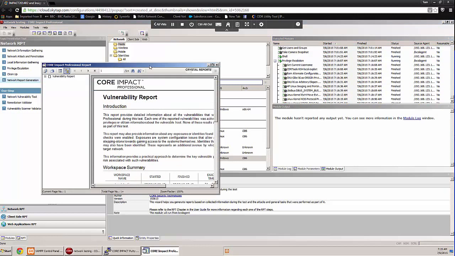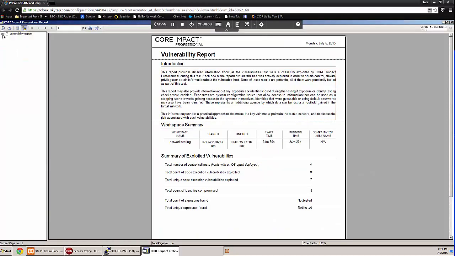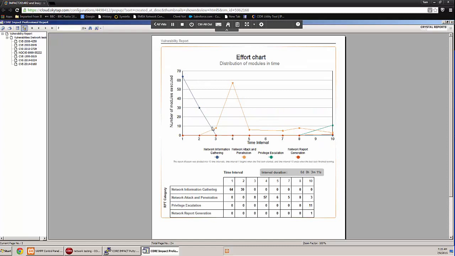So here we go. This is the report. It will show you a quick summary in the beginning of the report. So what's in the report, what do we actually detect. It will show us some graphs of the types of tests we did, of the operating systems that we've exploited. It will show us a top of the most exploited vulnerabilities,